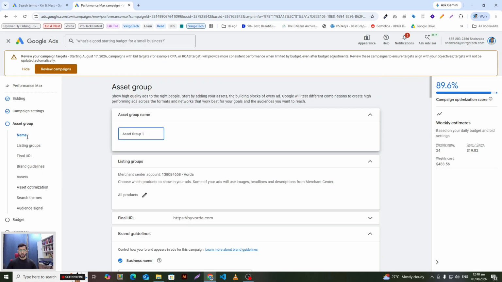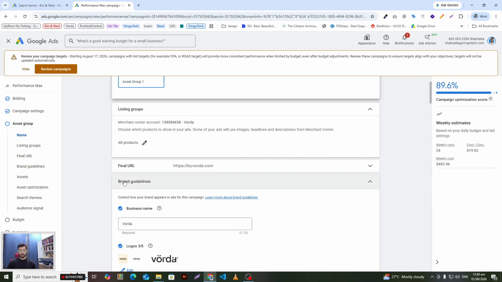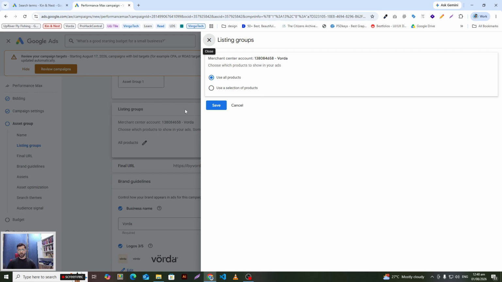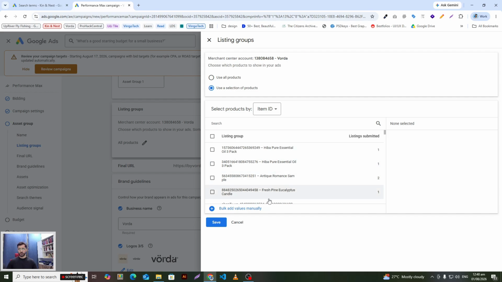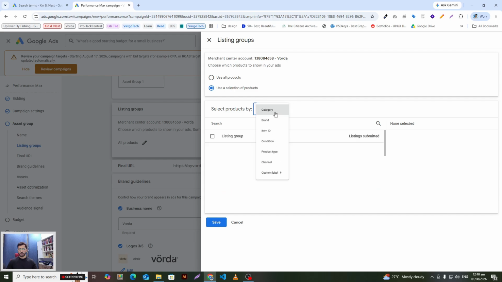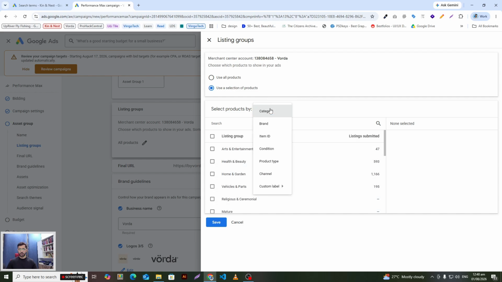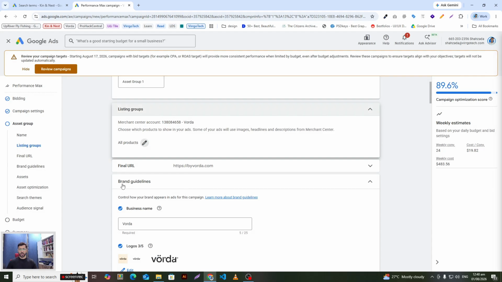Now in here, it's going to take you to the ad group section. You can name it however you want, and for the product list, you can either choose to fetch all products, or you can manually choose the ones that you want for this campaign in terms of their, let's say, item ID, or you have these other options of category as well. So you can choose these different categories if they are showing. If you have a website structure where different products have been categorized to different categories, you can choose by category or by brand, item ID, or any other condition, or you have custom labels, you can do that as well. In this case, you want to select all products and